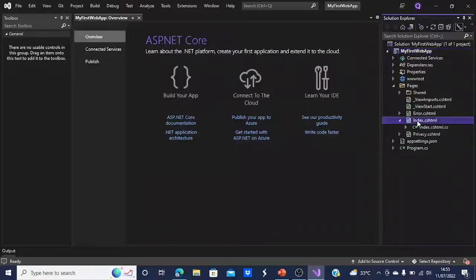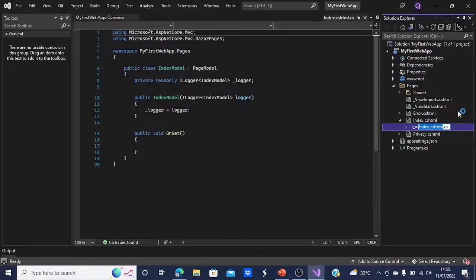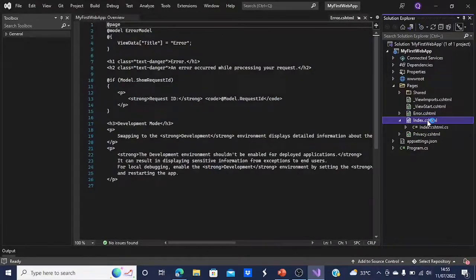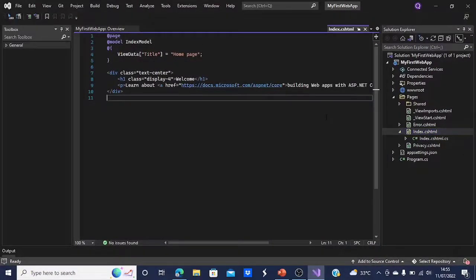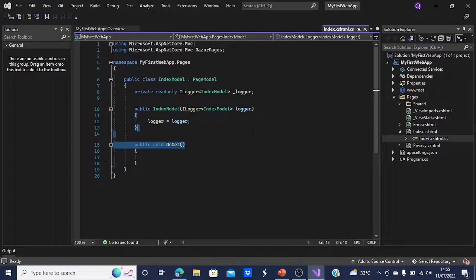In here is the front end and in here the back end. For the back end we use C#, and the front end is like regular HTML in a website. And this back end is for creating the logic in your website.